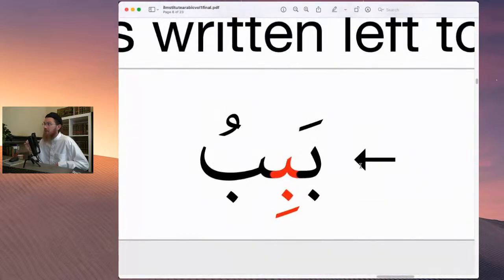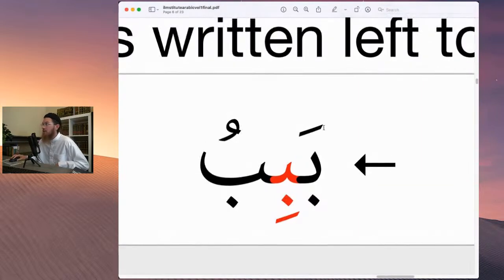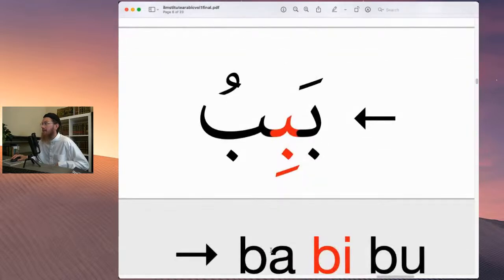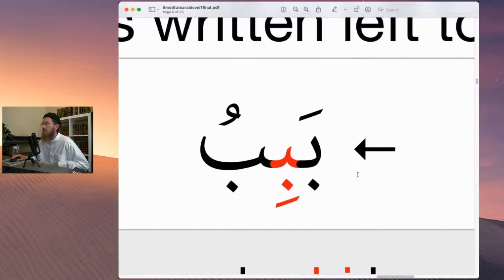Then after you look at the letter, you look at the harakat. Which harakat is this? Which harakat is one line written above the letter? That's called a fatha. It sounds like A. So we would write an A for the fatha. And that's all we're doing. We're going 1, 2, 3, 4, 5, 6. Okay, we're looking at the letter, the symbol, the letter, the symbol, the letter, the symbol, and we're writing down